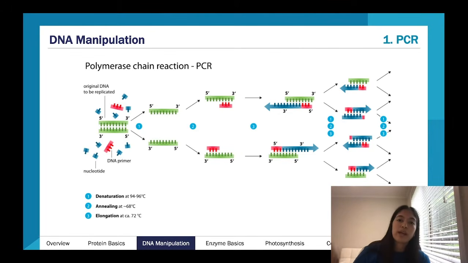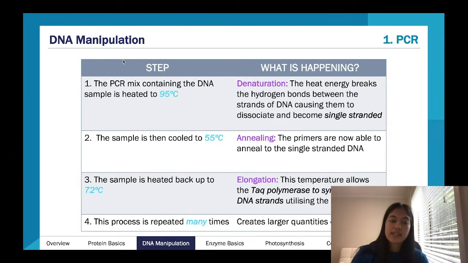So after a couple of rounds, you can see that just increases exponentially, and then we get heaps of DNA. So understand that these are the 3 main steps. You have to mention this idea of repeating it. If you write in your short answer, 95, 55, 72, that's it,